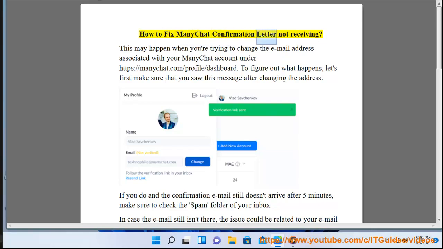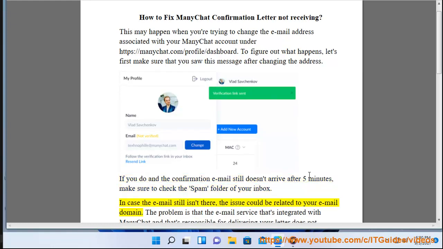How to fix ManyChat confirmation letter not receiving. This may happen when you're trying to change the email address associated with your ManyChat account under https://manychat.com/profile/dashboard. To figure out what happens, let's first make sure that you saw this message after changing the address. If you do and the confirmation email still doesn't arrive after 5 minutes, make sure to check the spam folder